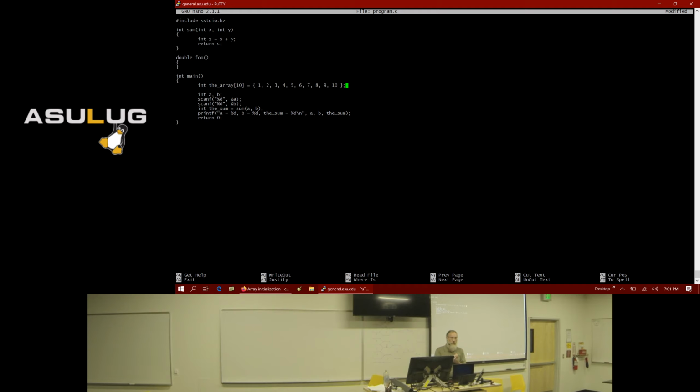Once you statically allocate an array, you can't change the size of it. What you would have to do is create a new array that's the new size that you want, and then copy the values from the old array to the new array. You want me to show you how to do that?